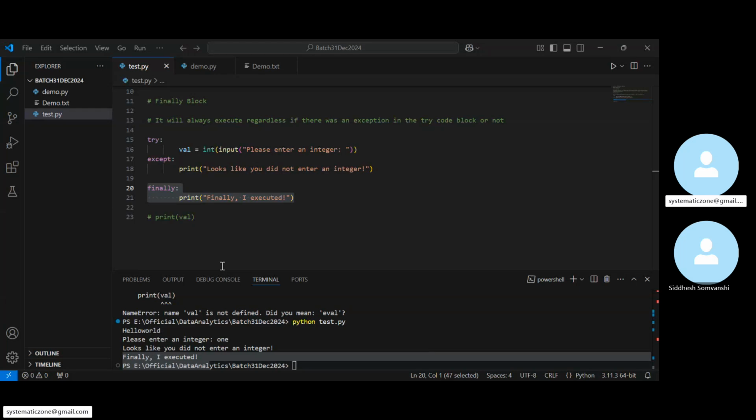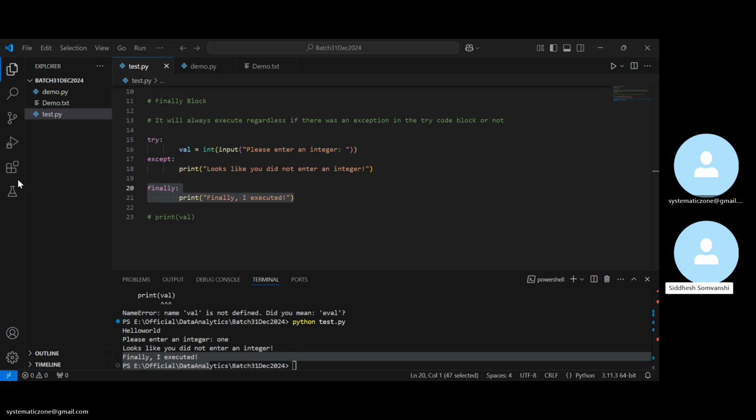So what's the use of the finally block in any scenario? Can you guess? Any example? Suppose we take the example of a bank. If a person has to deposit an amount into that account, then that deposit will come into try. If we say that amounts below 50,000 must be deposited with the help of a check,